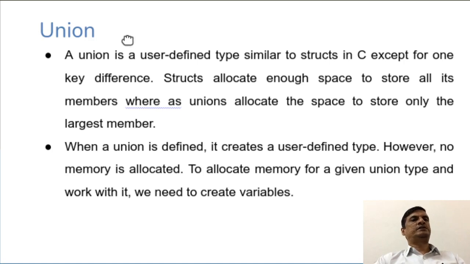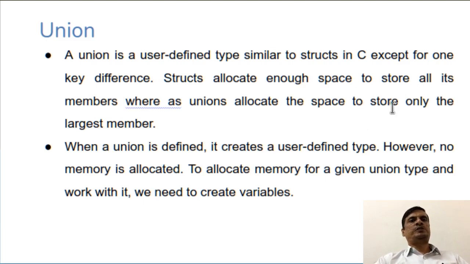And for today we will discuss unions and pointer variables. A union is also a heterogeneous data structure when compared to the structure, but it has some differences. A structure allocates enough space to store all its member variables, whereas a union allocates space to store only the largest member. I'll repeat: the structure allocates enough space to accommodate all its member variables, whereas a union